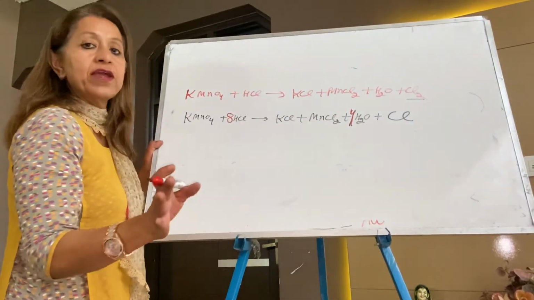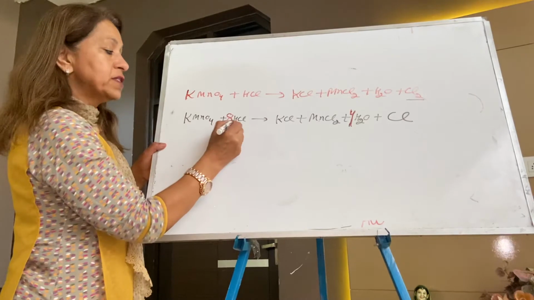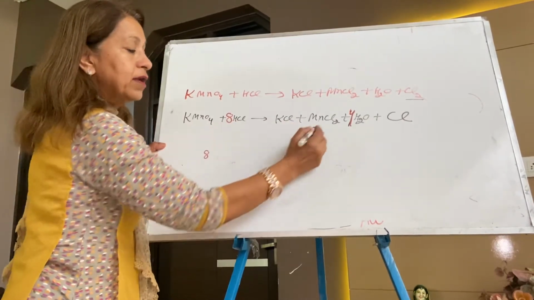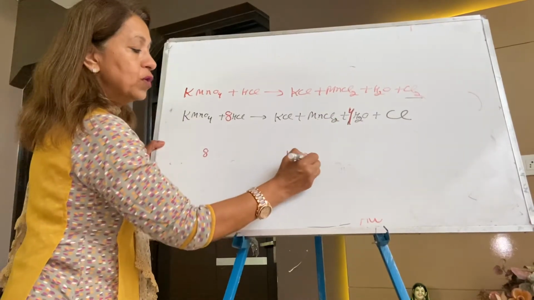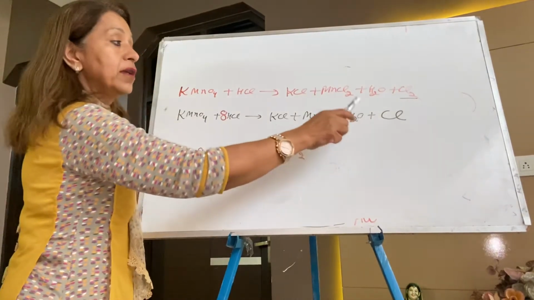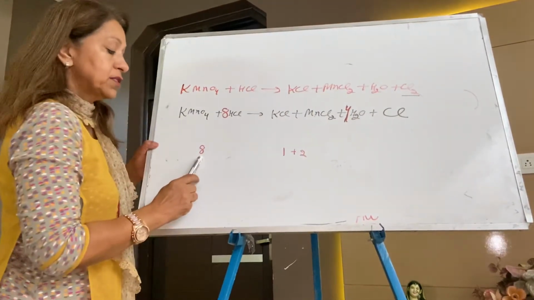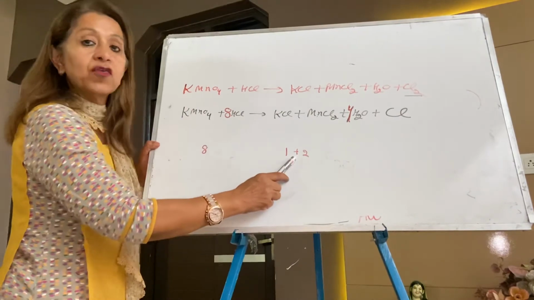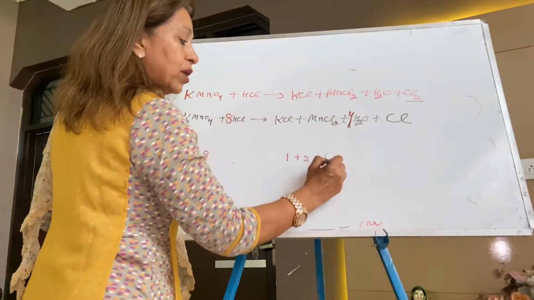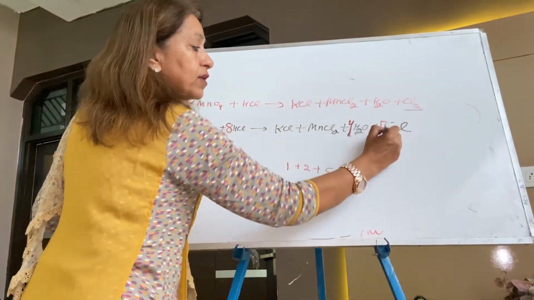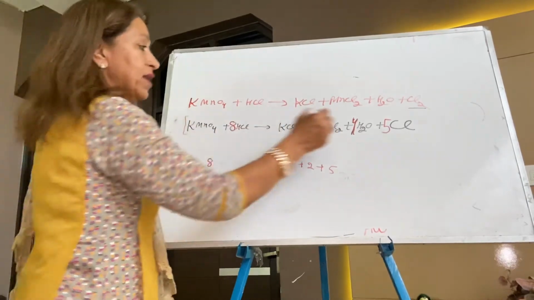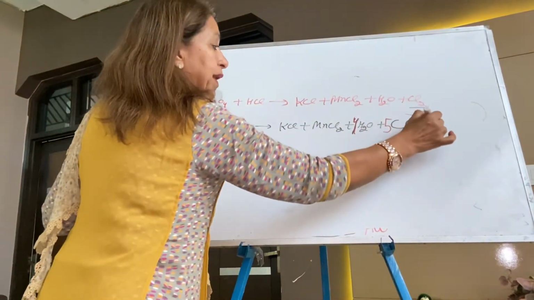What is left? Chlorine is left. How much chlorine this side? Write down 8. Here chlorine is 1, here chlorine is 2. You will not count this chlorine, remember. Here you have to put the number. This side 8, this side 3. Make it 5, add 5 more. Right here 5. Now 5 is an odd number, so you multiply the whole equation by 2.